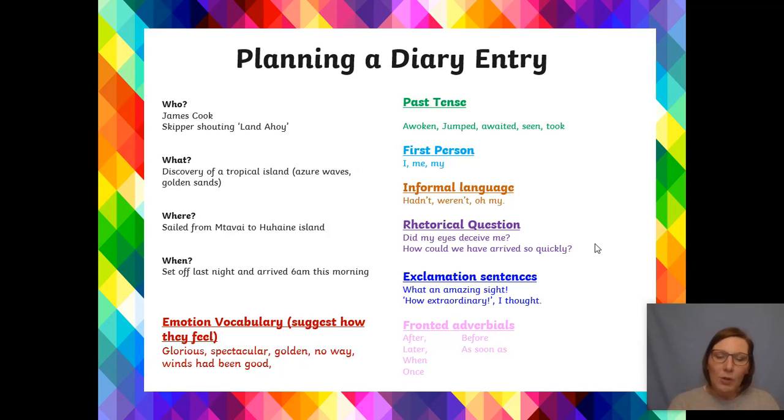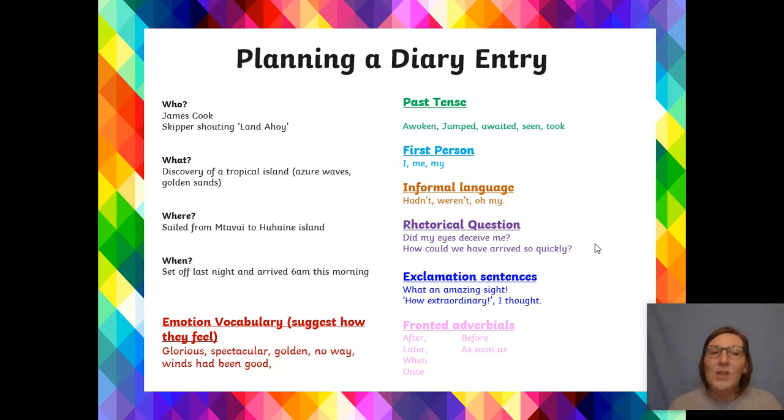So on your plan, do you remember you had your who, what, where, when? Hopefully you have put down all those key bits of information that link to the Firework Maker's Daughter. Okay, remember, this is just an example to show you how you are going to use your plan. Please do not copy this, because this is not going to link to the story.